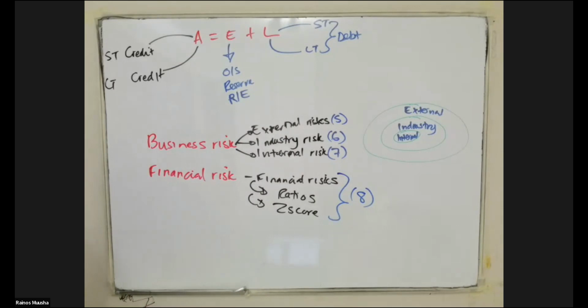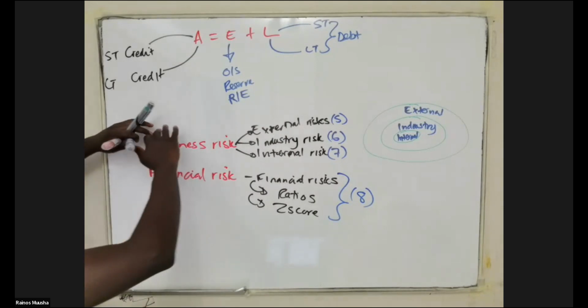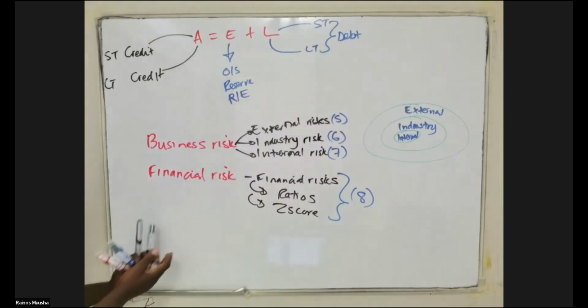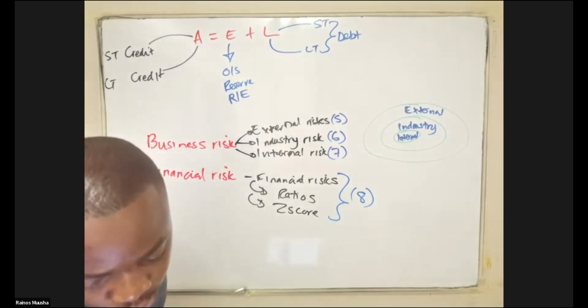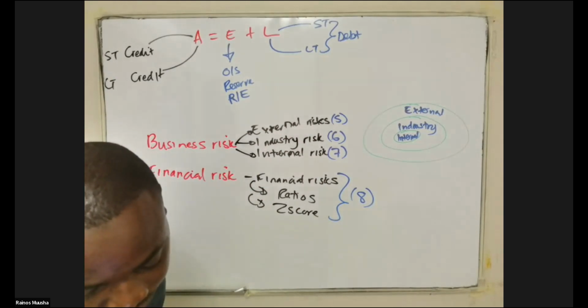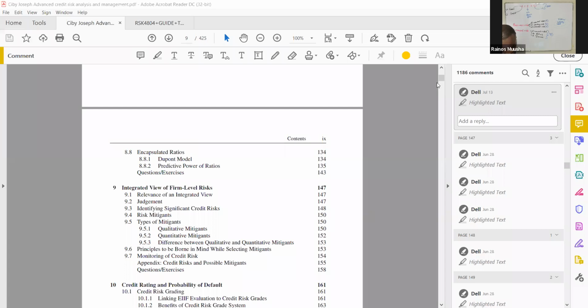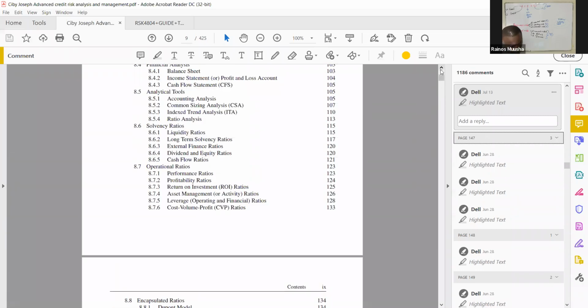Then from there, we now need to see exactly how you put all this analysis together. So you now need to say, okay, how do we look at an integrated view of firm level risk, which is what we're going to be covering in chapter 9. So if you look at the leading up of the different chapters, remember we said from chapter 4,